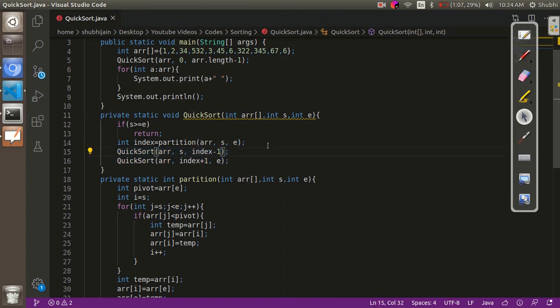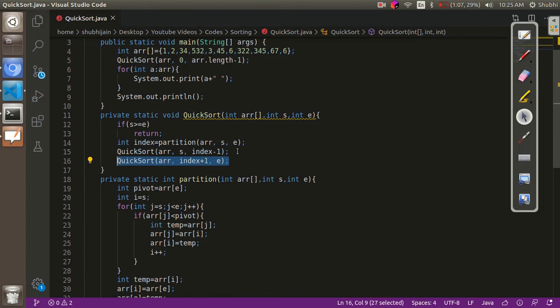So one thing we can observe is that this becomes a tail recursive function. Now what is a tail recursive function? If after the recursive call no work has been done, the function is said to be a tail recursive function. Originally this function is not tail recursive, because after this particular recursive call, another recursive call has been made.